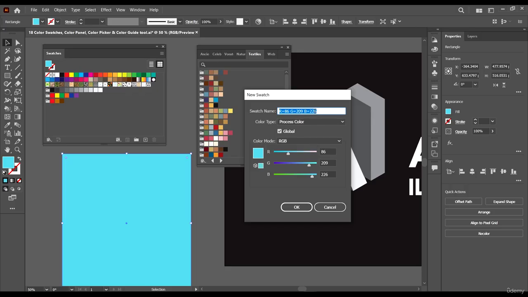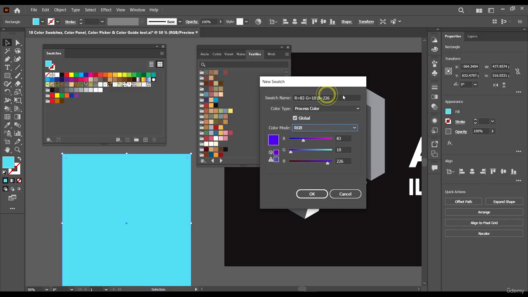But if you do not want that, you can type the name, and then we can further edit the color. As you can see, as we increase or decrease the color channels, the values update here before your eyes. And we can choose other color modes: we have grayscale, HSB, CMYK, and so on. You can do your experiments with them.